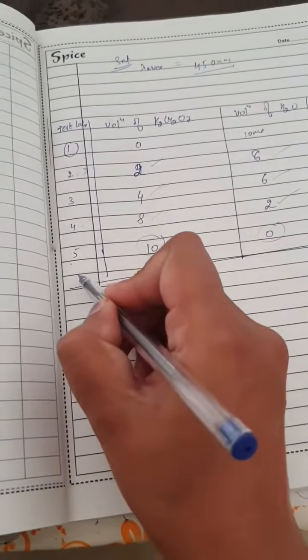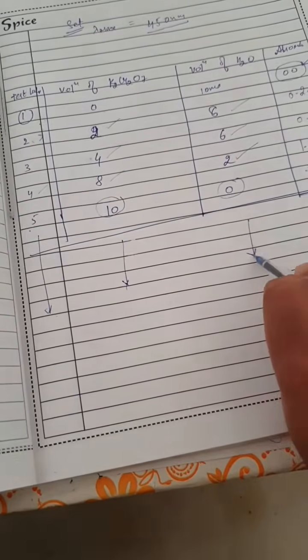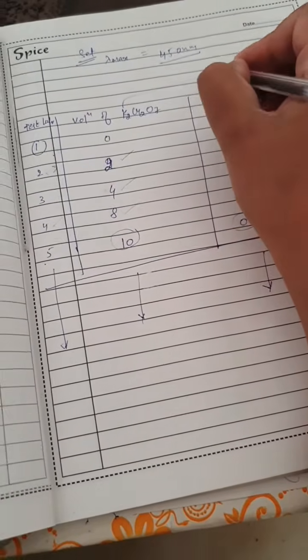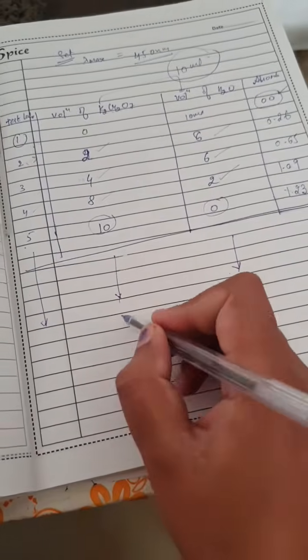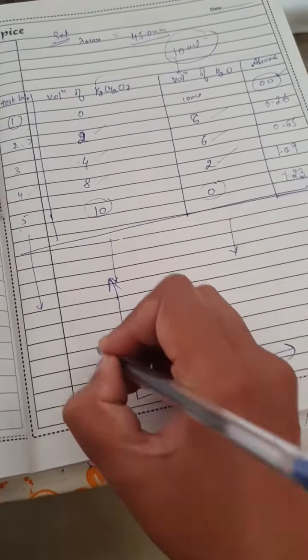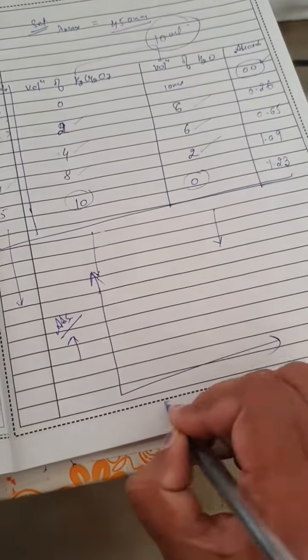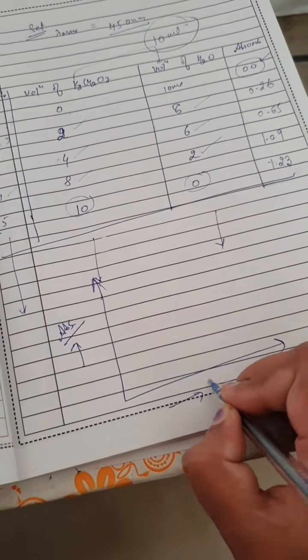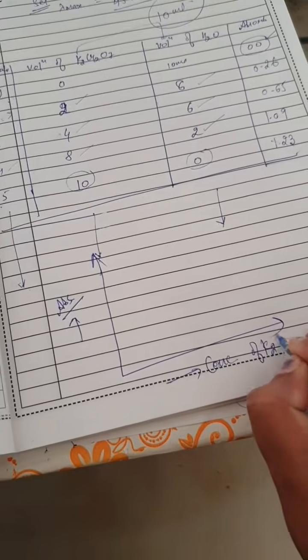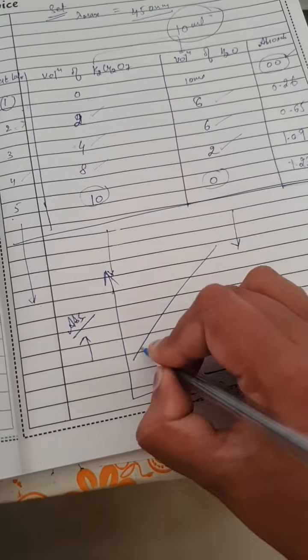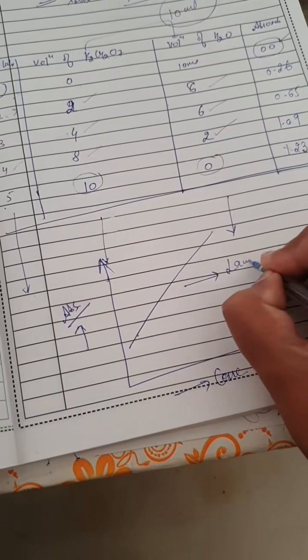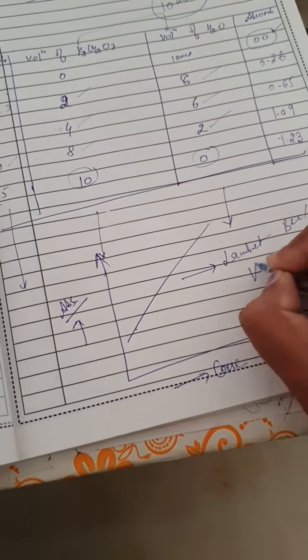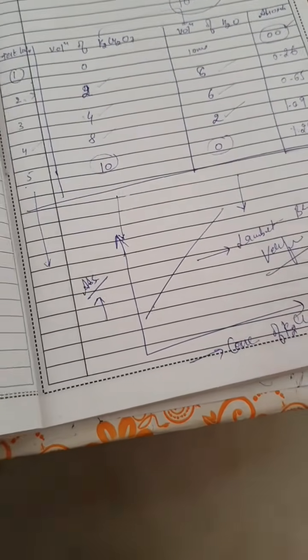You can prepare many more test tubes by changing the volume of potassium dichromate and water by taking the total volume as 10 ml. ठीक है. After obtaining each absorbance value, you have to plot a graph between absorbance versus concentration of potassium dichromate solution. If the graph comes out to be a straight line, that means your Lambert-Beer law जो है that is verified. Lambert-Beer law is verified. ठीक है.